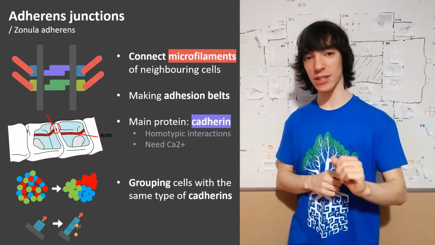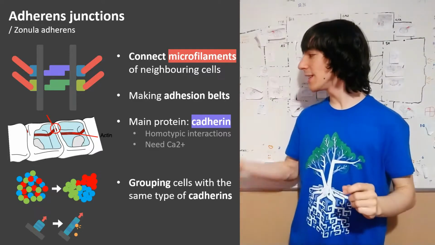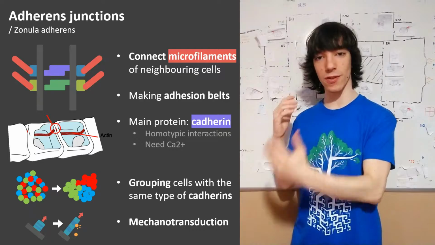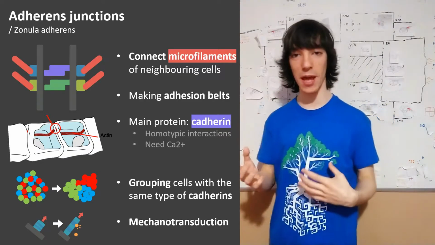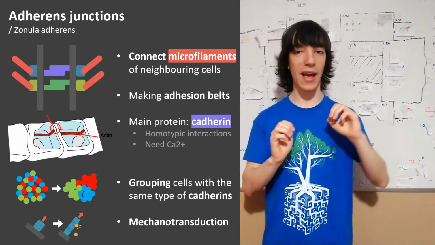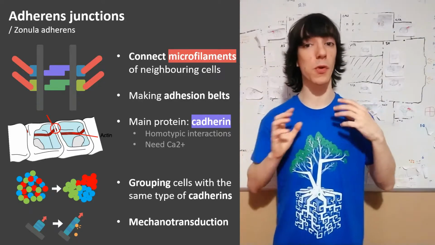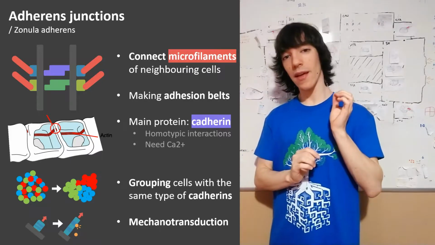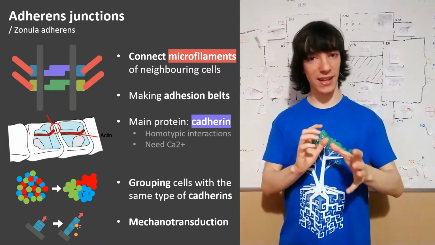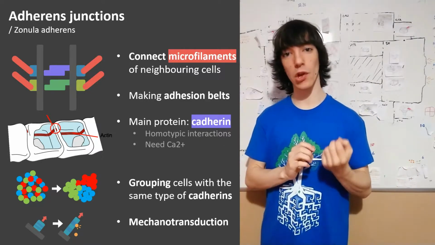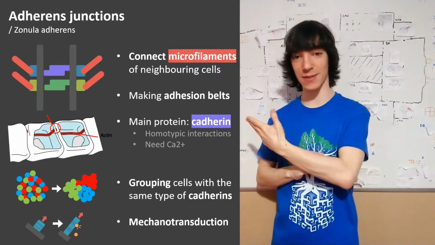Finally, another function of adherence junctions is mechanotransduction. That means giving information to the cell and making it change its behaviors, maybe by upregulating the expression of some genes, maybe by activating or deactivating or recruiting to a specific place of the cell certain proteins, depending on the mechanical, physical, the response to movement properties of neighboring cells, in this case, because they are attached